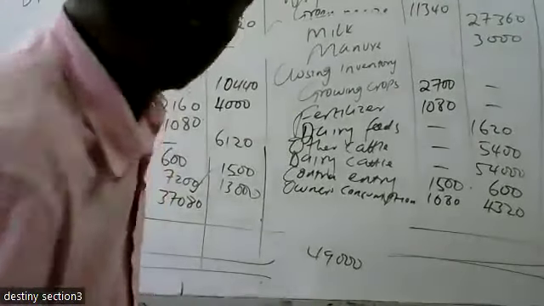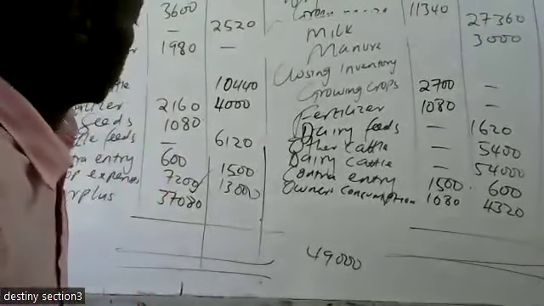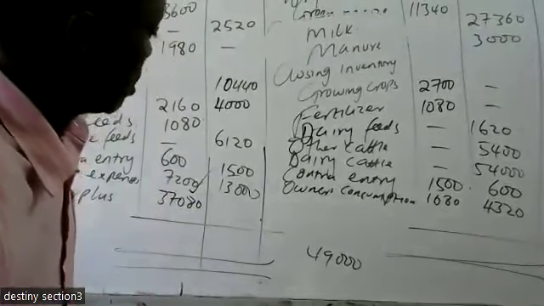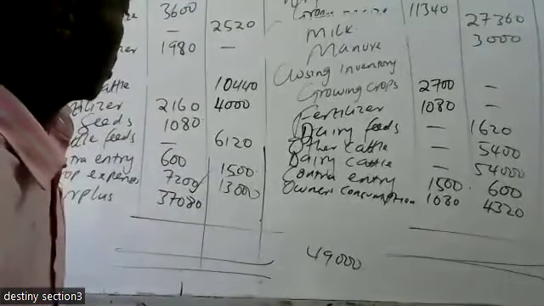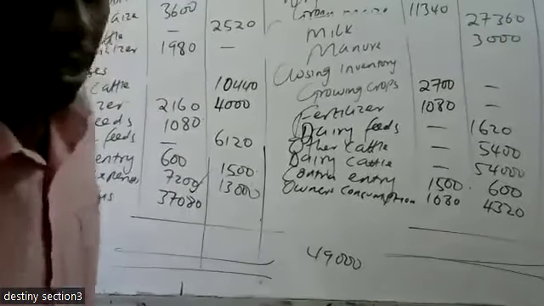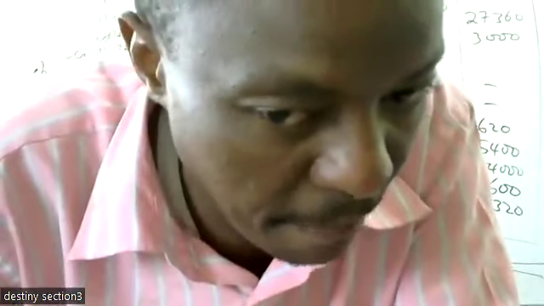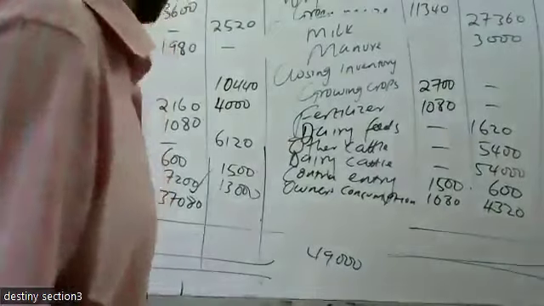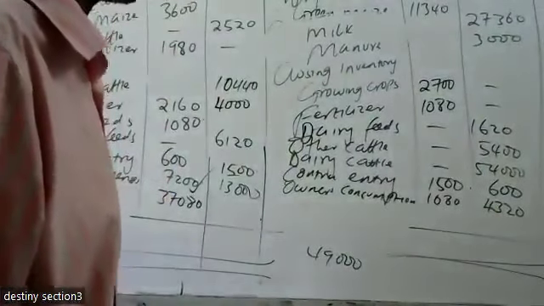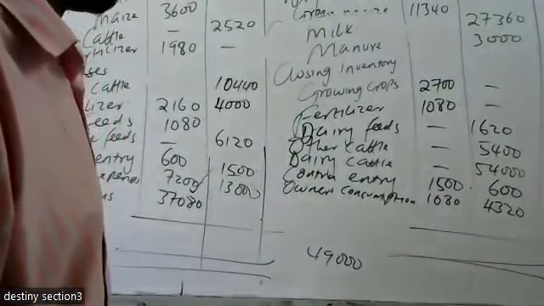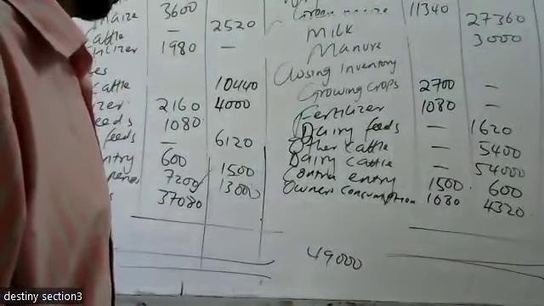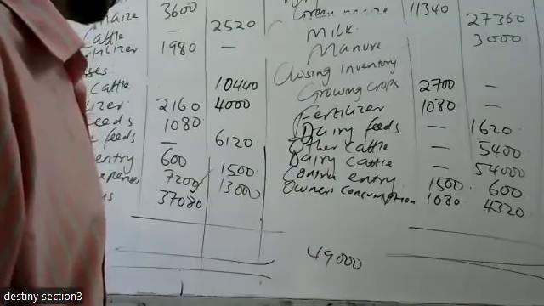41,080. 41. The balancing figure. 41,080 for the livestock. 41,080. 41,080. Balancing figure, sure. It cannot be. Balancing figure 41,080. Haiwezekani. Kwani imebadilika from